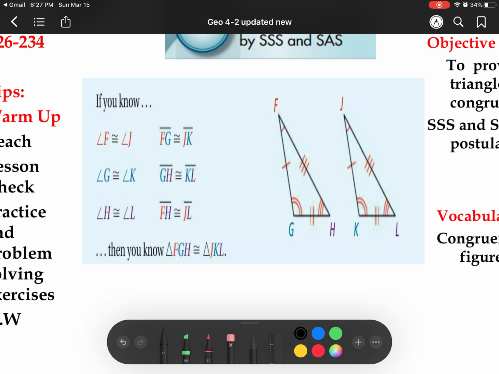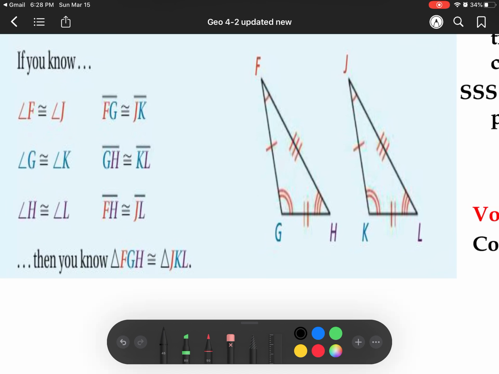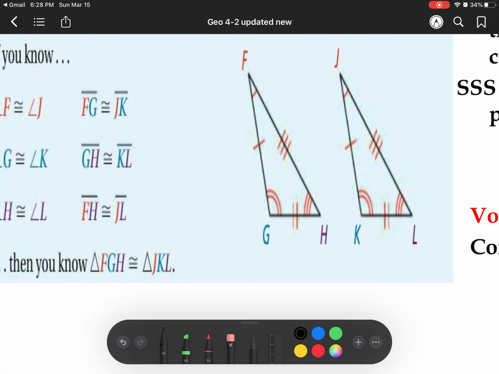Okay? Now, as we agreed in the last period, if the figure is a triangle, we need to have 6 congruence statements, 3 related to the sides and 3 related to the angles. If we have a close look at the figures here, we have the first side pair, this side, is congruent with which side? Yes, JK. And the other pair